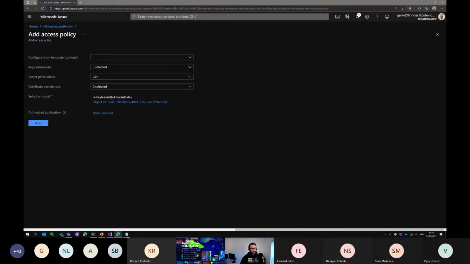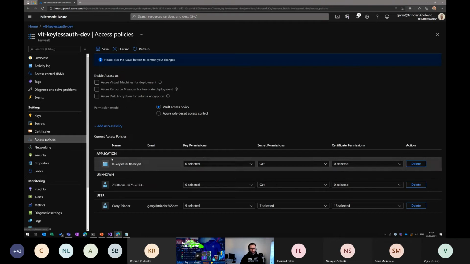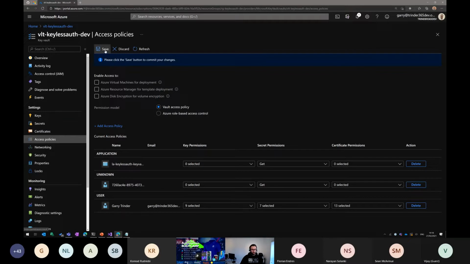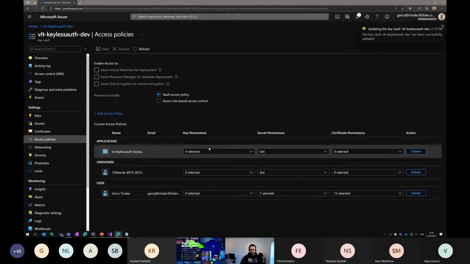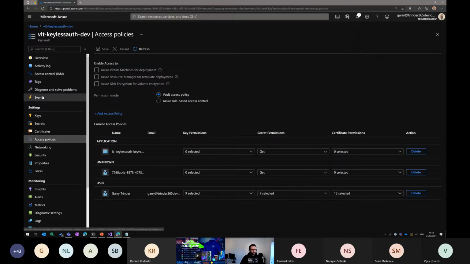So this is now the role-based access that it's setting up. So I'm going to add that as a new policy, which says we've got an application. Which is good to know is that a system assigned managed identity, and managed identity in general, is application based. So we're not doing delegated authentication here. So I'm just going to save this access policy. You can see it's got get on the secrets, and then I'm going to go back to my Logic app,